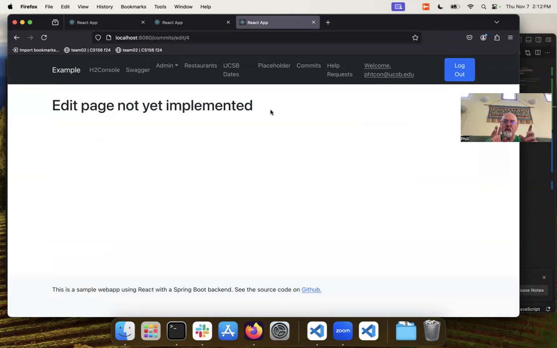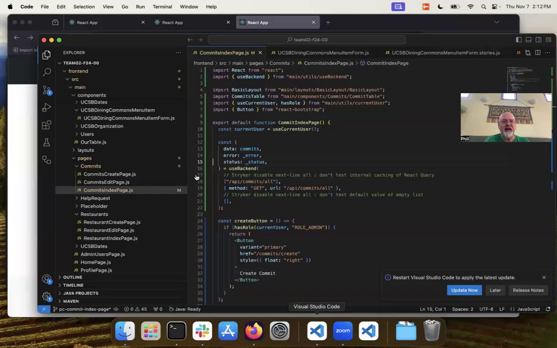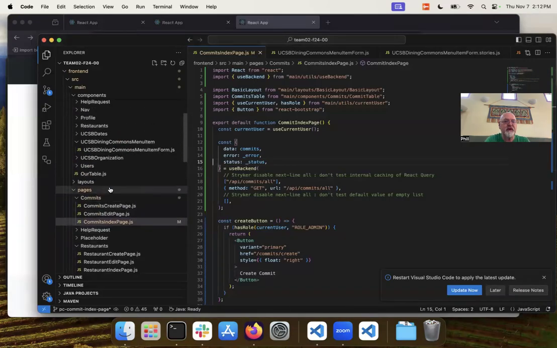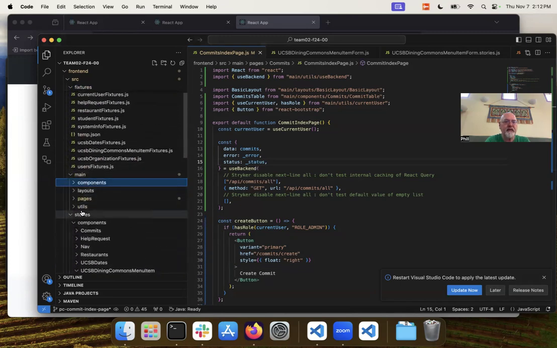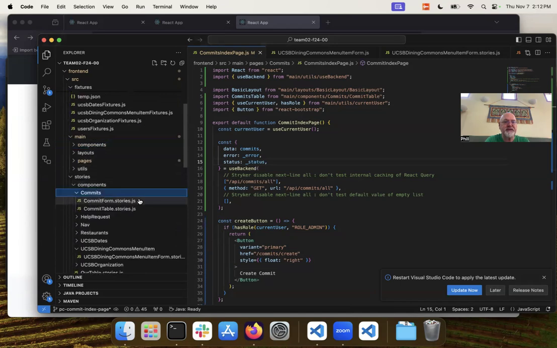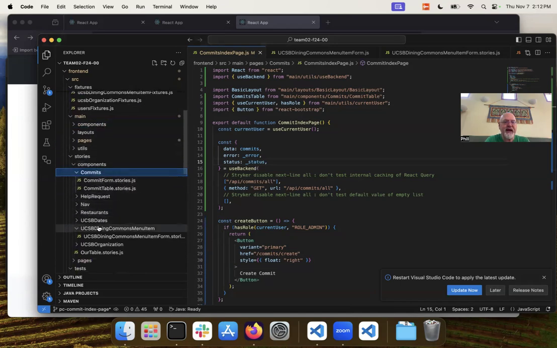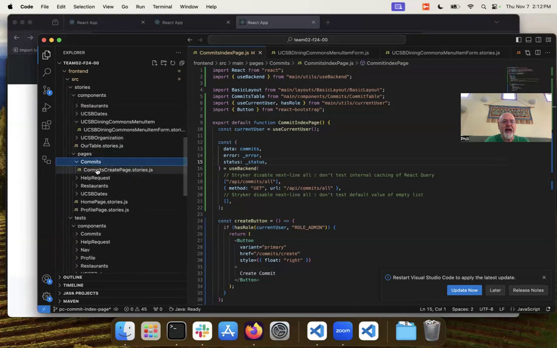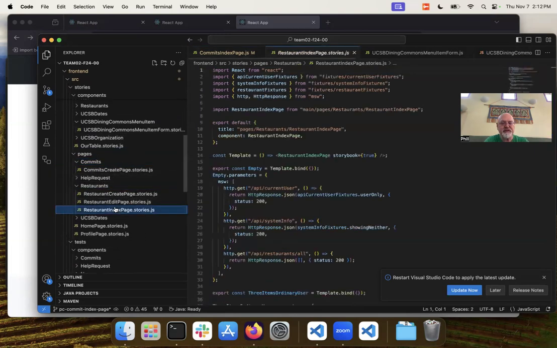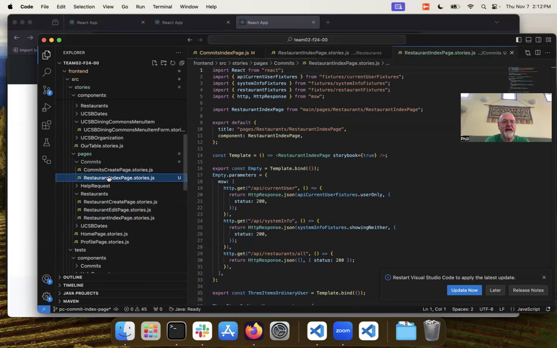So we've got this implemented. We still need to do tests and stories though. So let's tackle those one at a time. Let's do the story first this time. So we're going to go to main and then stories and commits. And what we want is actually under stories, we want pages. And we're going to make a commitsIndexPage.stories.js. And we're going to use the restaurants index page as our model. So we're going to paste a copy of that in, rename this to